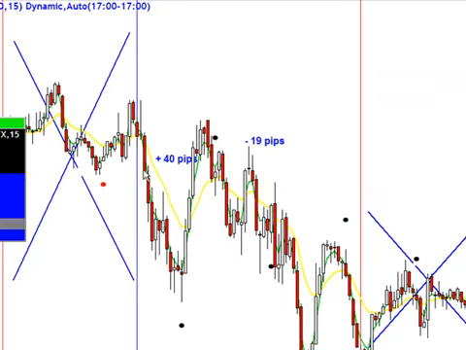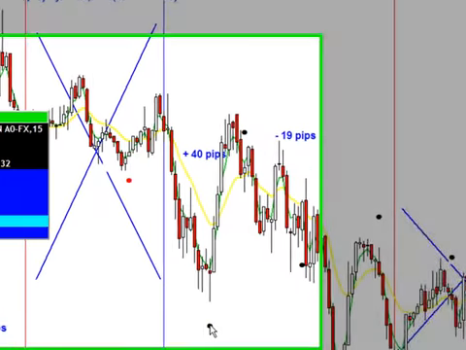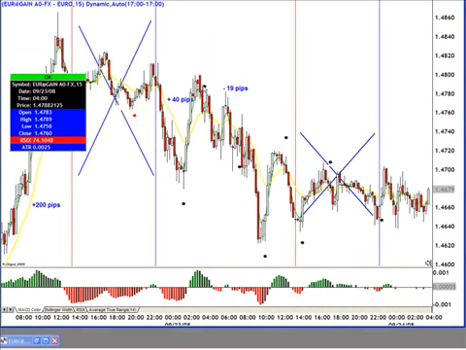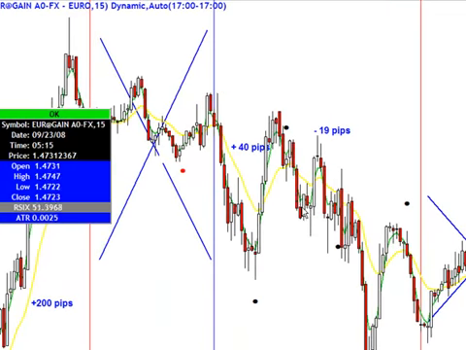Next opportunity to trade was this particular dot right here, which was oversold, and you exited on this particular dot right here, this counter trend dot, which was overbought, for a plus 40 pips. We are short at this point, and I believe that actually that minus 19 is actually for a graceful exit. 2, 4, 6, 8, 10. Yes, that's correct. The minus 19 pips is actually calculated based on a graceful exit at this point,